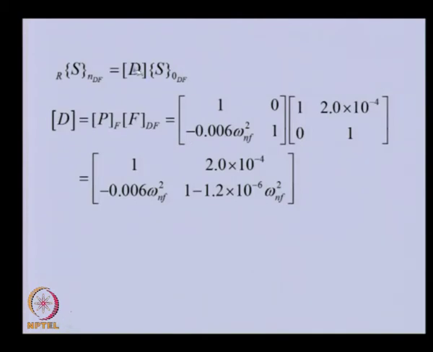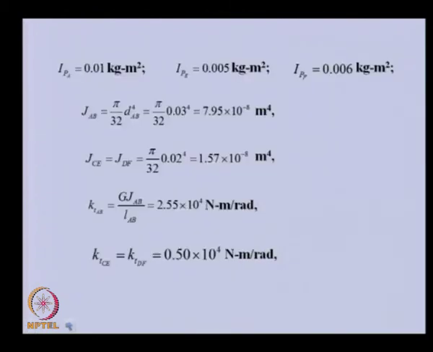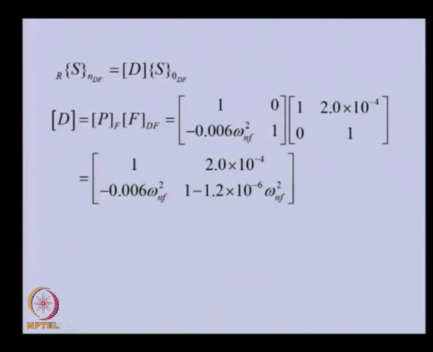For the third branch, the lower one, that means if we see the figure, this particular branch, again we are writing the overall transfer matrix. So, this also has one point matrix and one field matrix. So, they can be multiplied and we can get the matrix. So, now we have obtained all the branch overall transfer matrices.